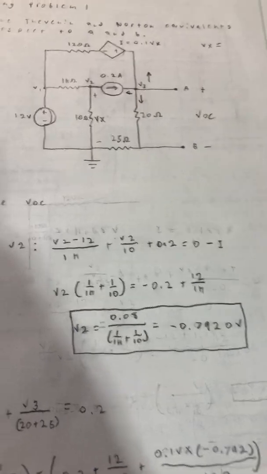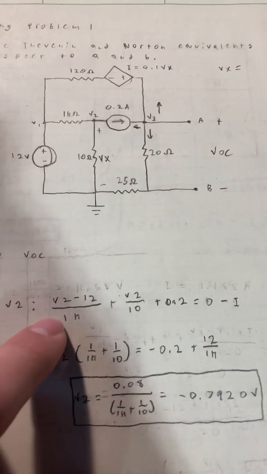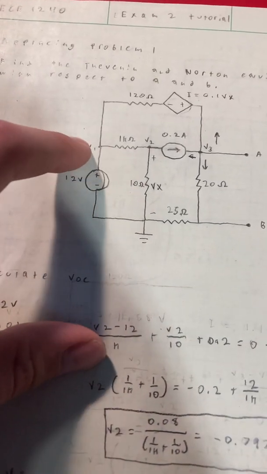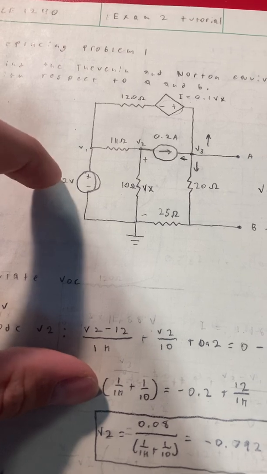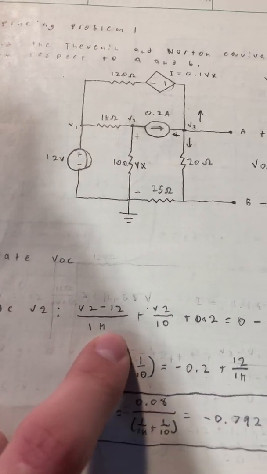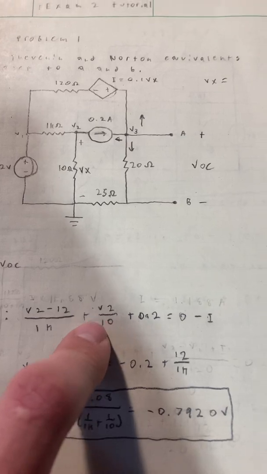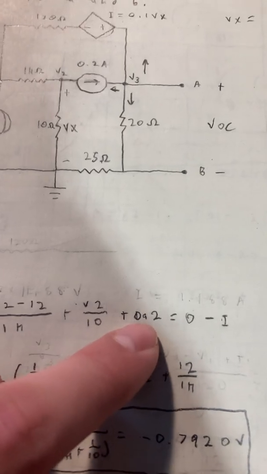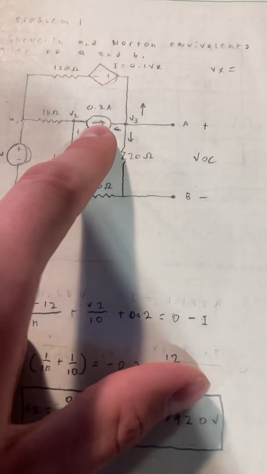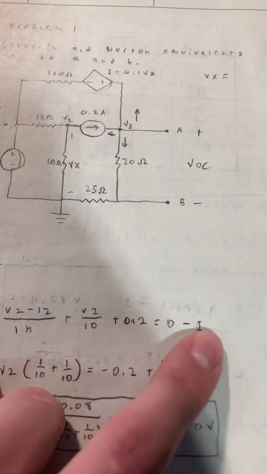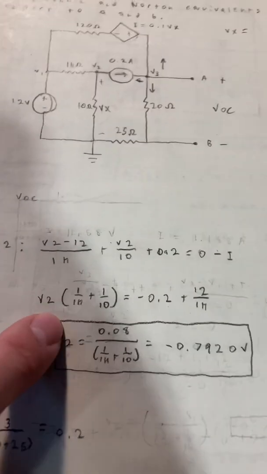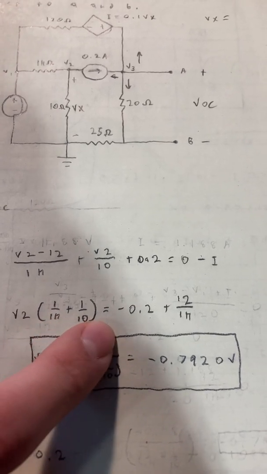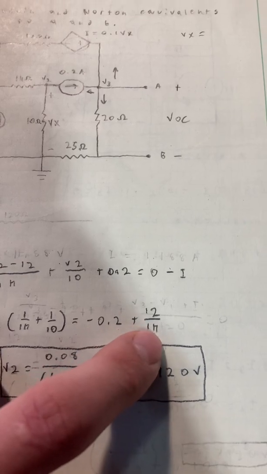To do that, I use the node voltage method. Node voltage at node V2 gives us V2 minus 12 because V1 is 12 volts. We can see because V1 node is above the 12 volt power source. So we have V2 minus 12 over 1K plus V2 over 10, the 10 ohm resistor, plus 0.2, which is that current there, equals 0 minus I. So then we have V2 times 1 over 1,000 plus 1 over 10 equals negative 2 plus 12 over 1K,